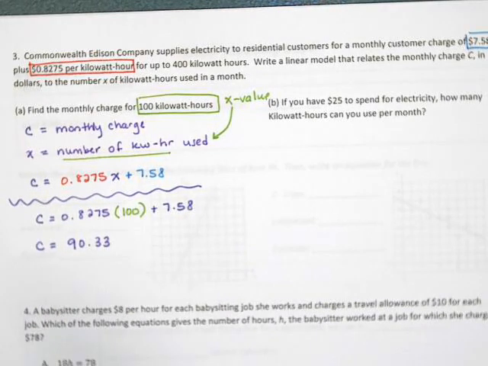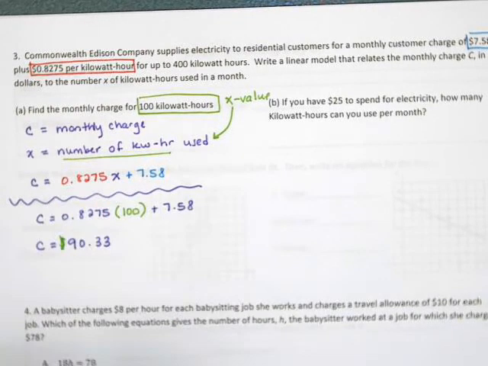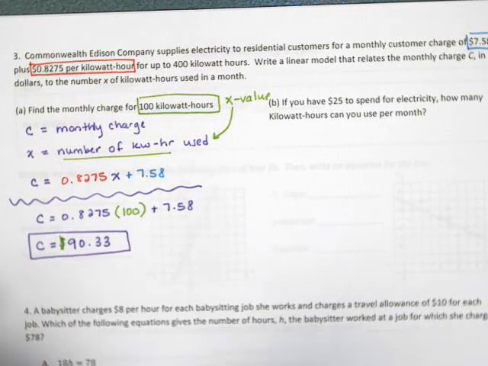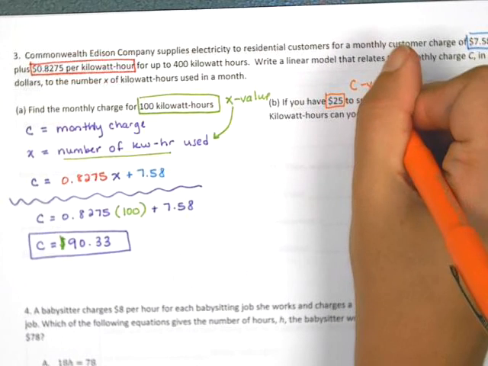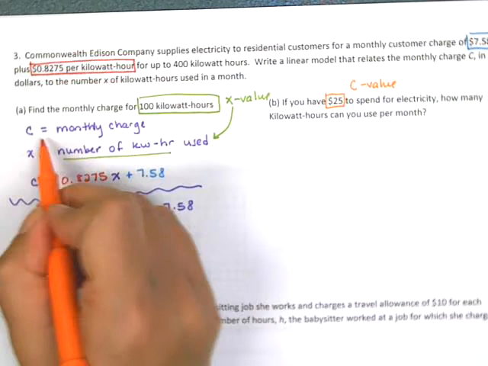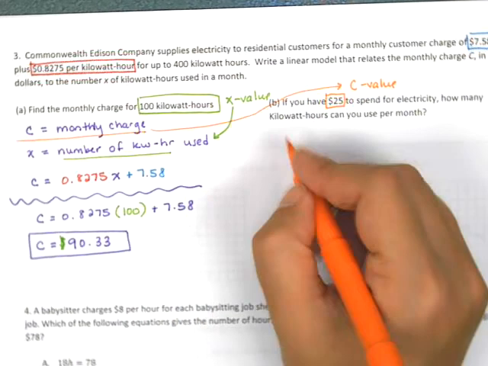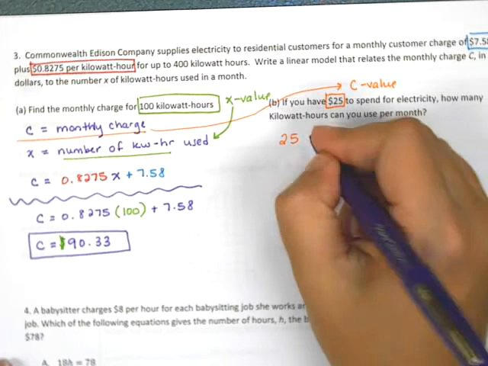And because C is measuring your charge per month, we're going to make sure to put a dollar sign here. Now, problem B says if you only have $25 to spend, how much can you use? So because $25 is a money amount, that's going to be a C value, because in this problem, C stands for your monthly charge. So when I write this equation, I'm going to replace the C with a 25 equals